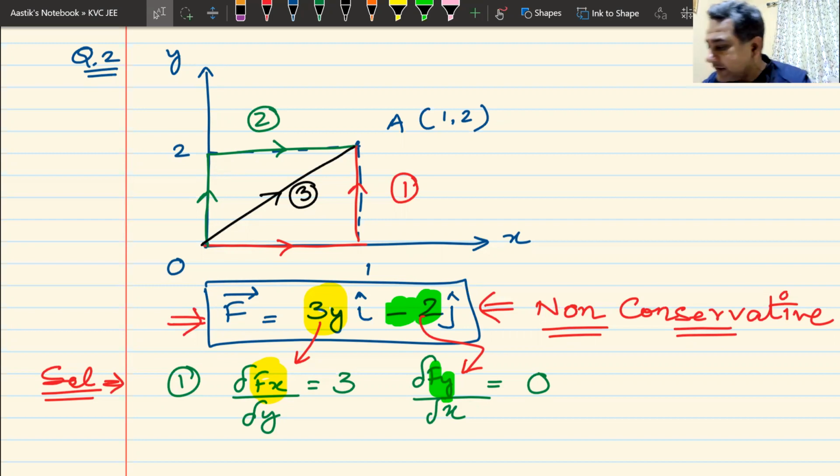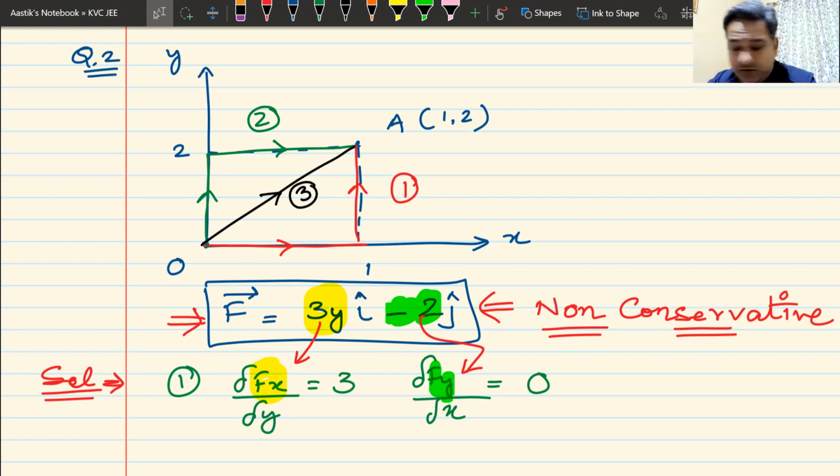So what we discussed in the last class was how do we find out whether a force is conservative or not. We saw that if a force is constant, it is conservative. We also saw a test for finding out whether a force is conservative or not. And the test was very simple. We had to find partial derivatives of fx with respect to y, fy with respect to x, and so on. And we had to see whether they are all equal or not.